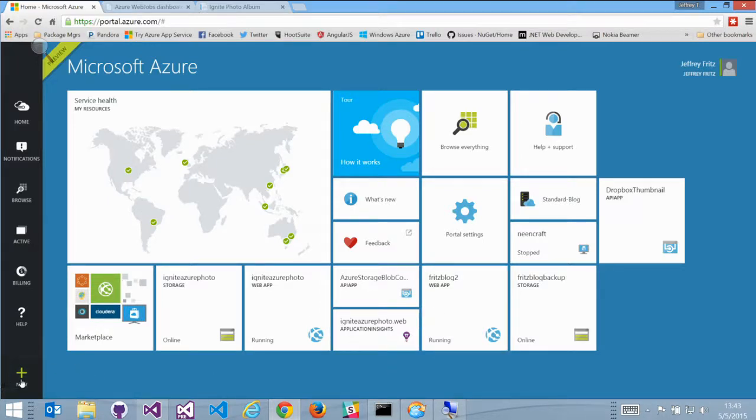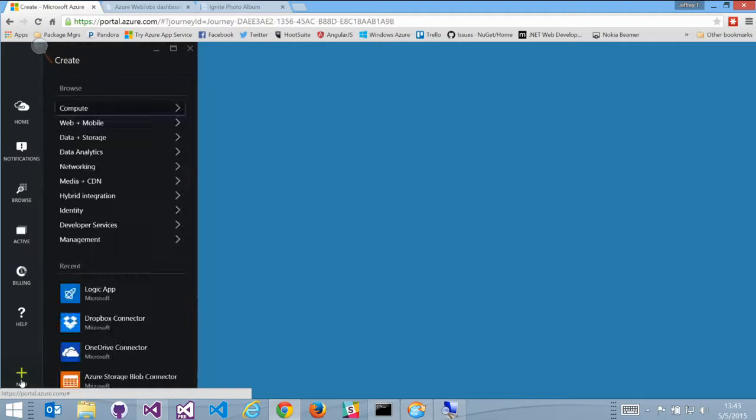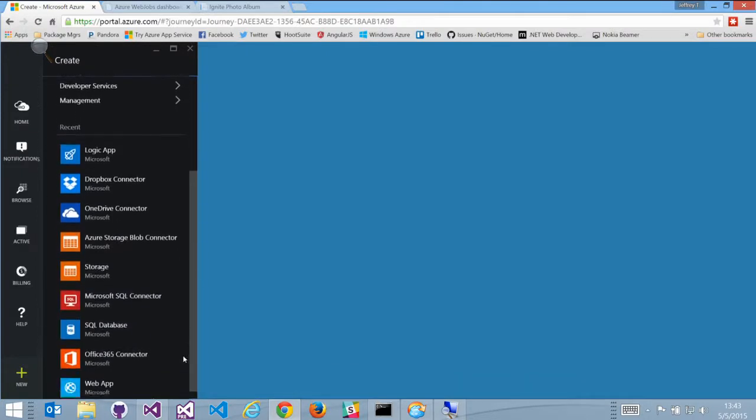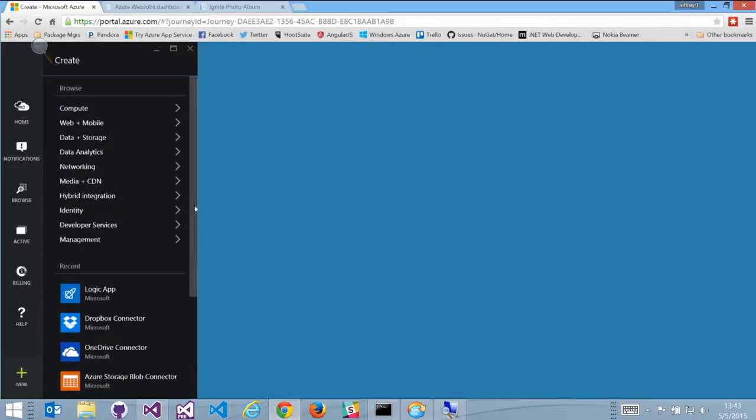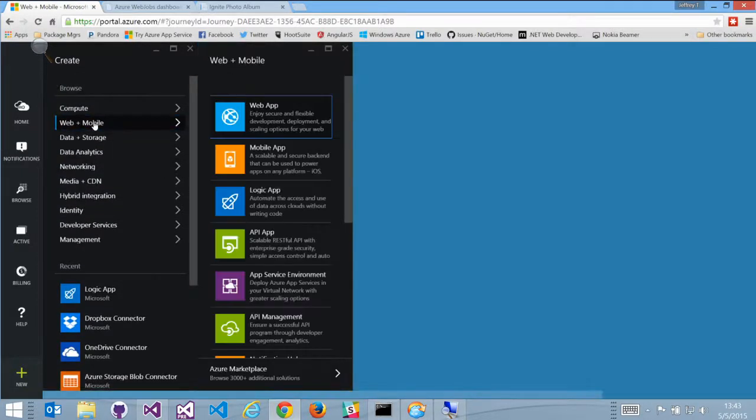Let me show you how easy it is to set up a new web app here on the portal. So new button in the bottom left corner. And I've got some recently used items down here at the bottom, things that I've recently created. But I can jump into this web and mobile option, and I've already got web app, mobile app, logic app, and API app right off the top. Okay? That's all you need to do. Click in, and then I can choose web app,